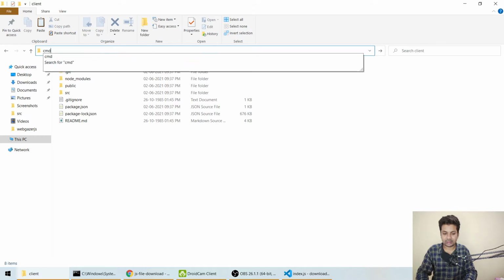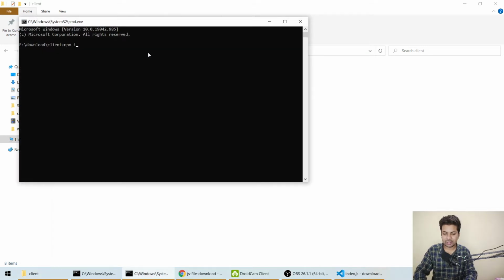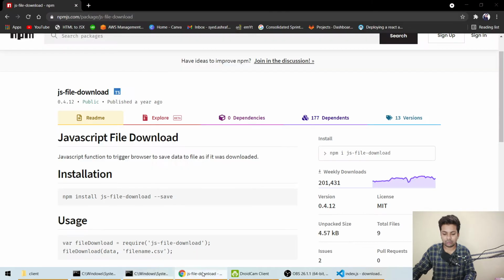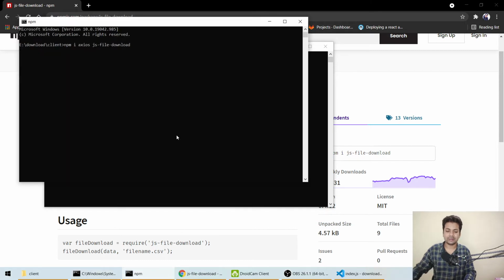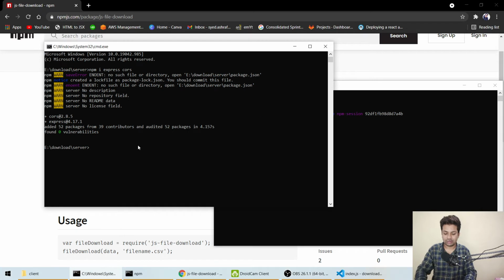Now we'll get on the React side, and we'll install some libraries: npm install axios. And one more thing, we have to install js-file-download, which you'll use for downloading. Okay, correct name. Let me press enter. It's installing. Okay, it's running. So we'll say node index. Okay, why is it not working?